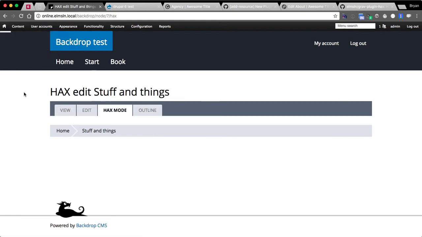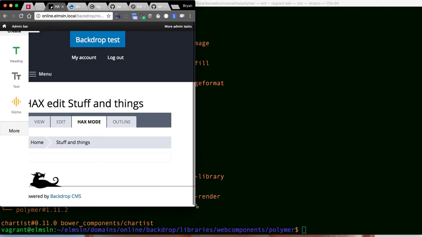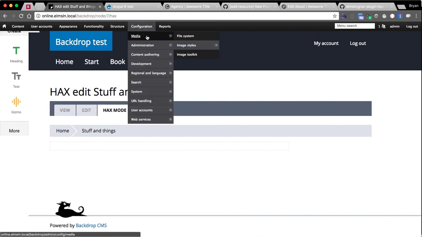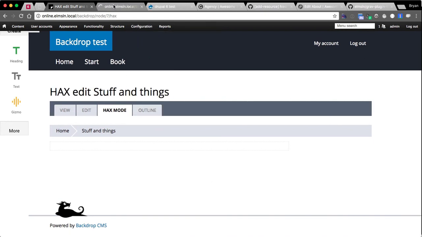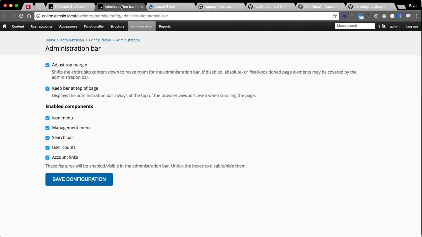And the admin menu, I need a button to make it go away. But there's my little HAX create button. Let's see if I can shrink this down and scroll below. No, it is affixed. Okay, so we'll want to rectify that with the admin menu, which we probably can do if we go to configuration, administration bar, just top margin. Let's get rid of the key part at the top of the page,